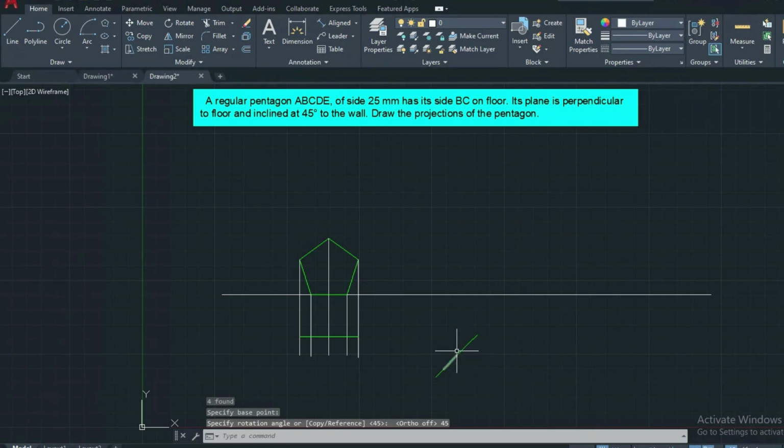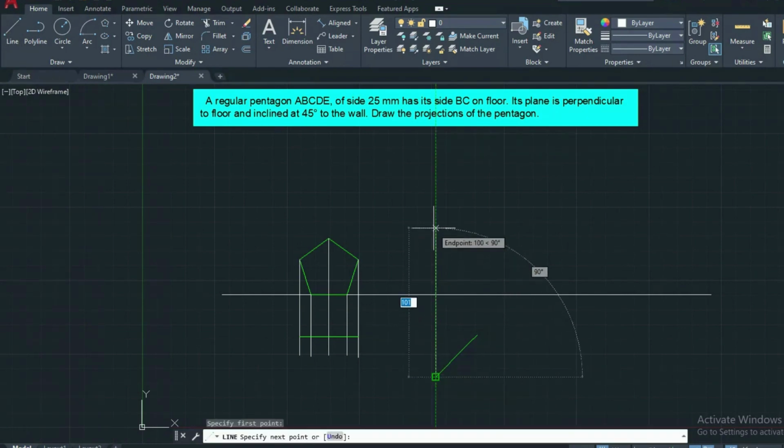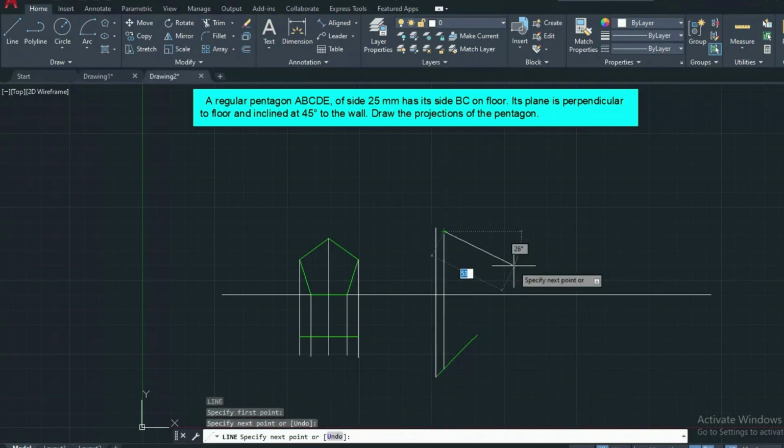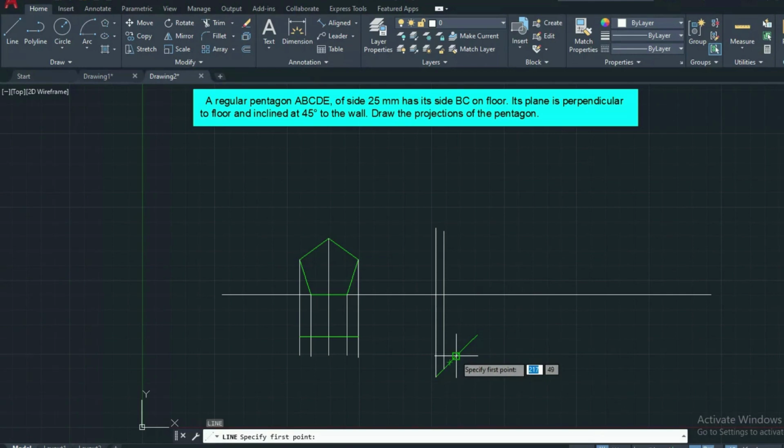When I rotate by 45 degrees and look at the object, I am getting the shortened view of the pentagon plane. So from all the edges you can draw vertical lines in the downward direction. The square highlight shows the end point of the line.